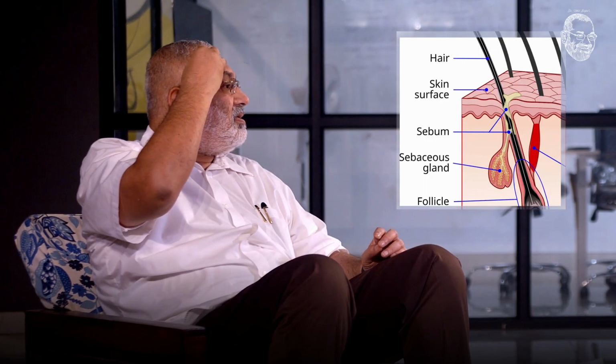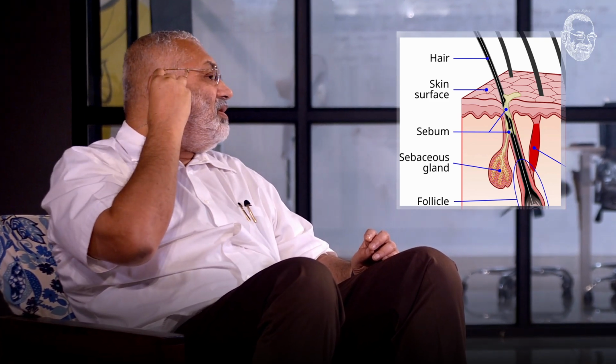So you will get an external angular dermoid over here, or you get a dermoid cyst in front of the ear, or you will get it in the middle of the scalp, or you will get it at the side of the scalp here. You will not get it all over the body. You will get it at specific sites, which are the sites where the body's lines are fused, or these three layers are fused. You will get it in the midline of the neck, or you may get it in the midline on the